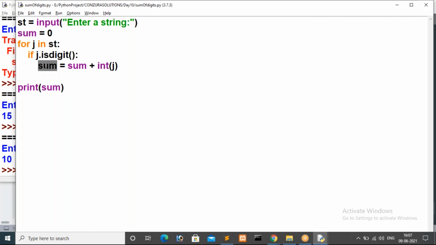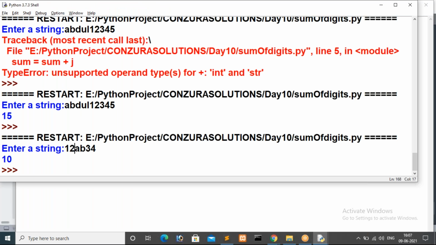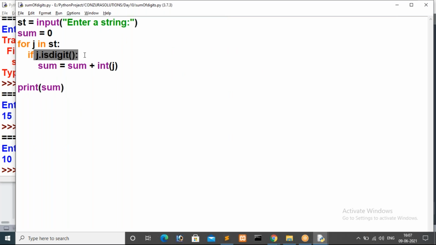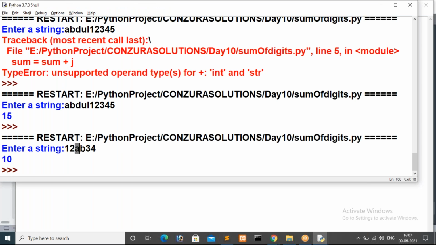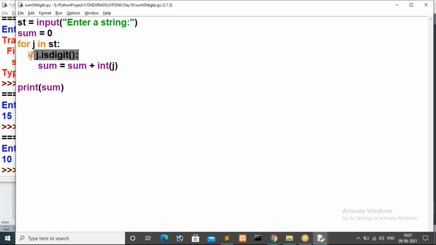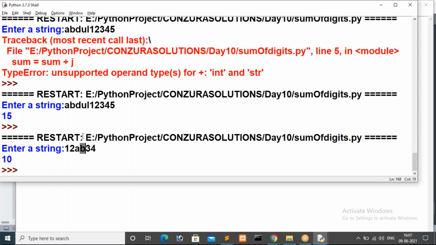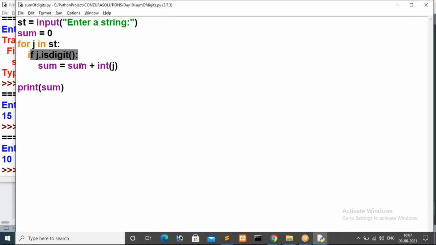In the third iteration, j value is a, so this condition is false. In the fourth iteration, j value is b, so this condition is false, so it won't do anything. In the fifth iteration, j value is 3, so the condition is true. Inside sum we have 3, 3 plus int of j, that is 3, 3 plus 3 is 6.